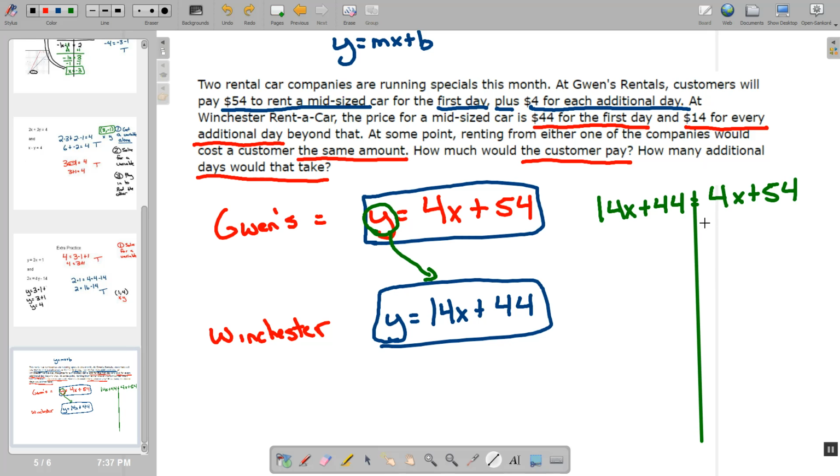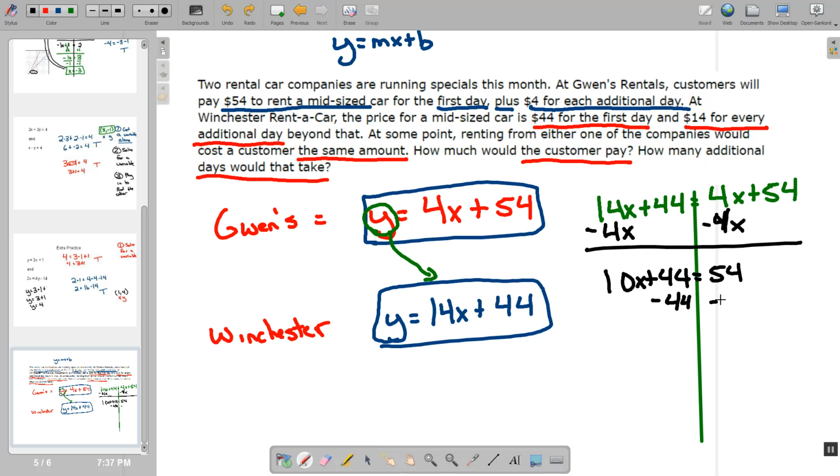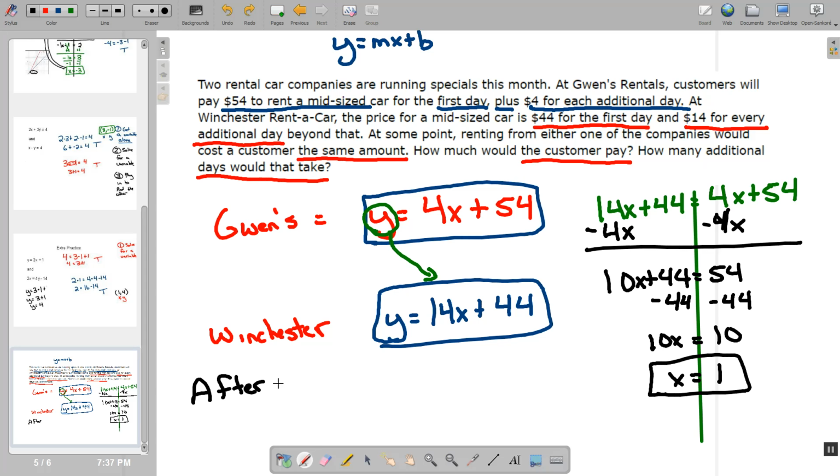So I'm going to subtract 4x from both sides. So I get 10x plus 44 equals 54. And now I subtract 44 from both sides. So I get 10x equals 10, so x equals 1. That's actually pretty nice, which means the first question, how many additional days would that take? So you would say after 1 day,